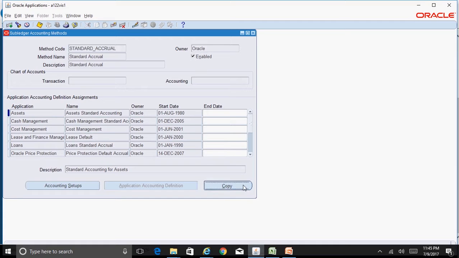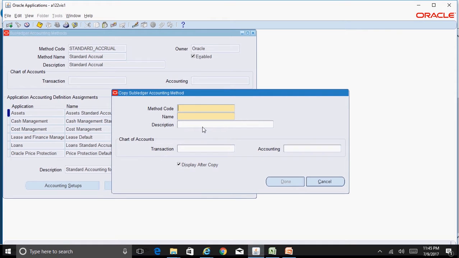Click on Copy, give any name. I'll follow a proper naming convention, so I'll give the name as ARV_SLAM, and the name is again the same thing.